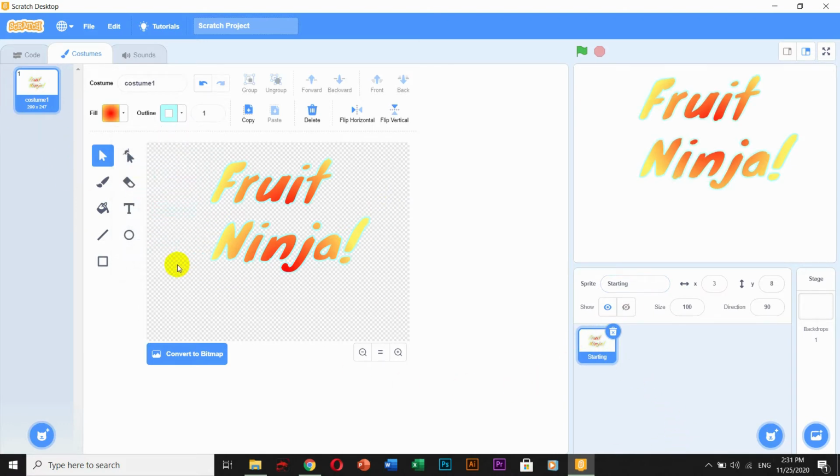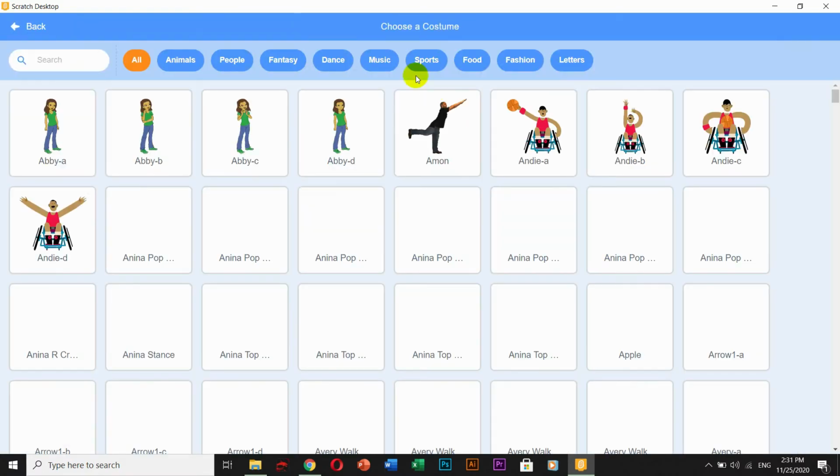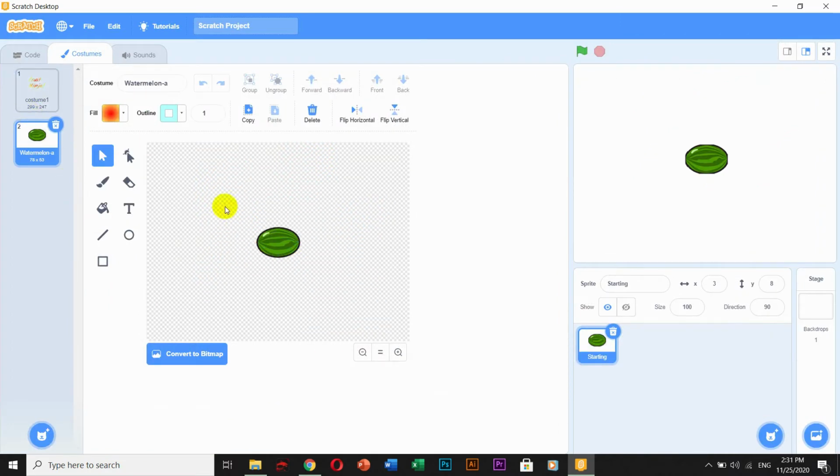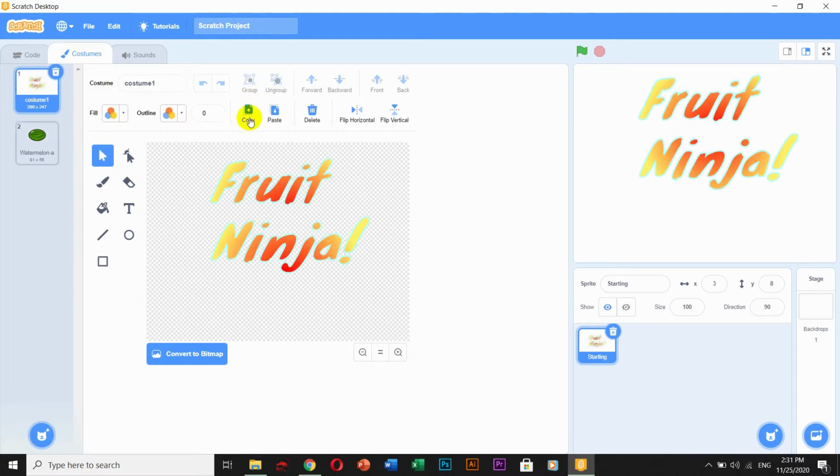The next step is adding another play button right here. I'm going to add a new button here. I'm going with the watermelon. I just add costume, and now I will select this watermelon and group and copy. I go back here and click paste. Now you have the watermelon,